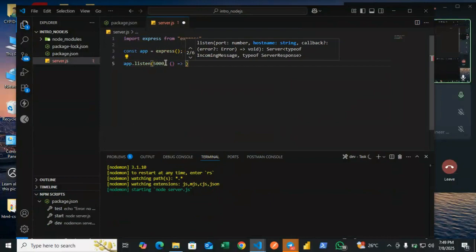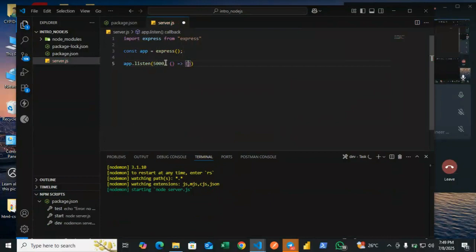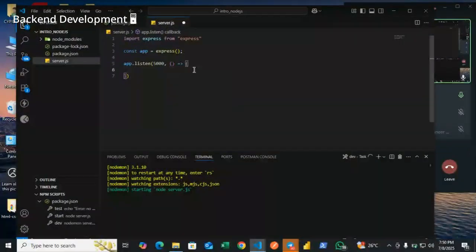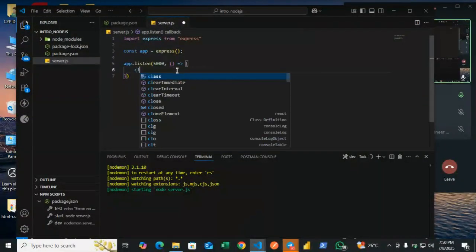This is our arrow function. Now, in this arrow function, it is going to tell me that yes, my server is running, which I will say